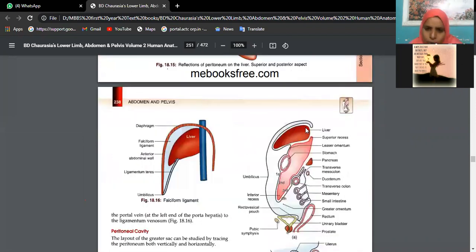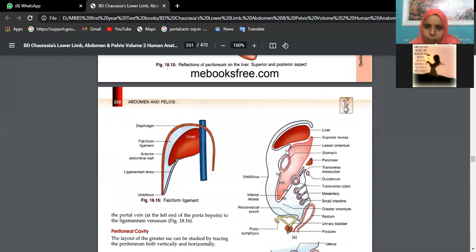See, peritoneum is nothing but the protective covering which we see covering the visceral organs. As we discussed, it has 2 layers, no? The outer layer is the parietal layer and the layer close to the visceral organ is the visceral layer. Now, this is the peritoneal reflection. This is liver and this is stomach. And as Meghana told us, this is the lesser omentum and this is the greater omentum.